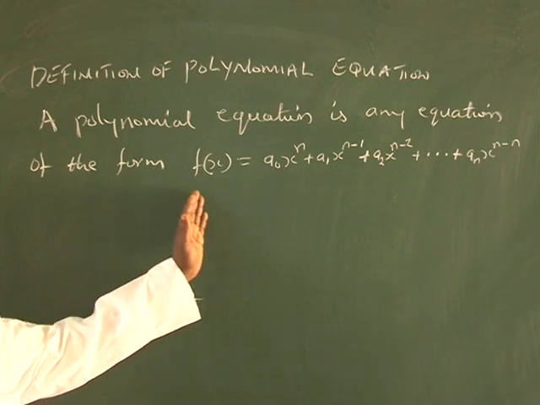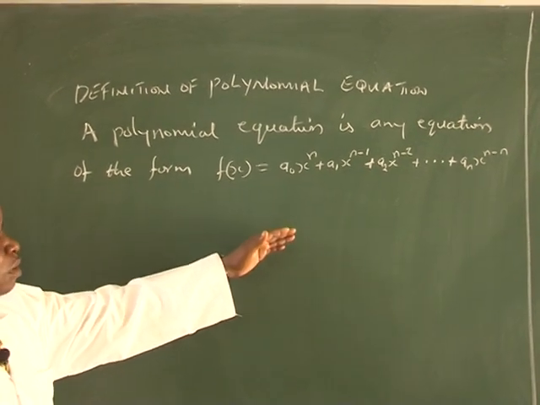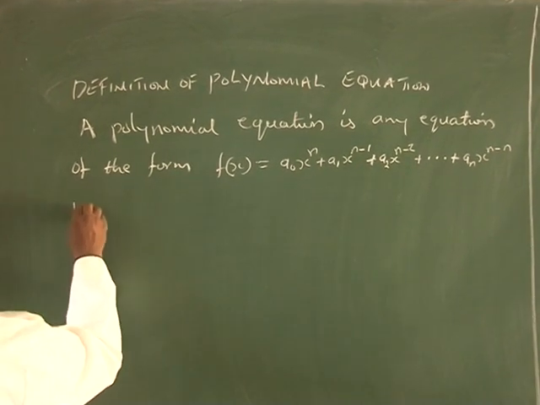So any equation of this form is called polynomial, where